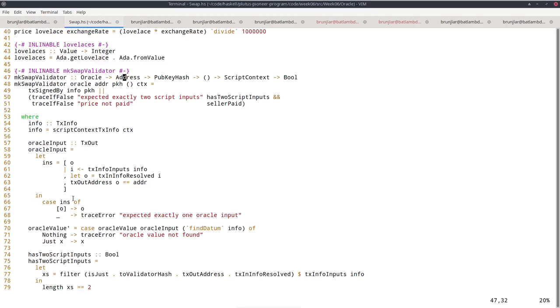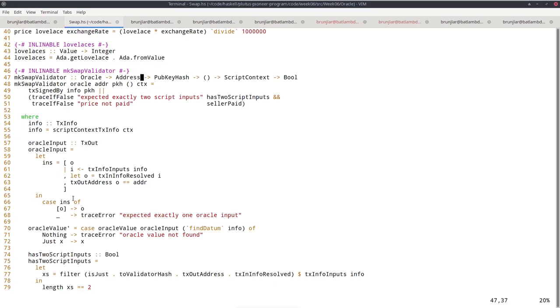So normally, given the oracle, I can compute the address from it. In the core module, we saw a function oracle address that takes the oracle and computes the script address from it. But that is a function that I can't use in a validator because it uses code that can't be compiled to Plutus script. So I'll use a trick here and explicitly hand in the address as well.